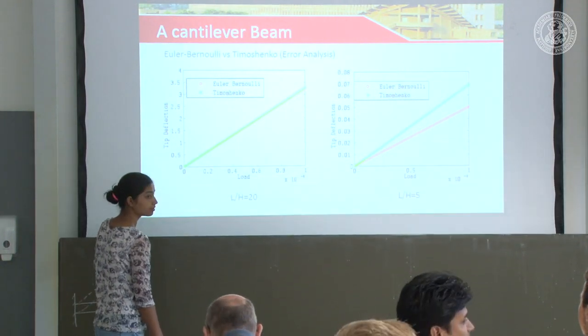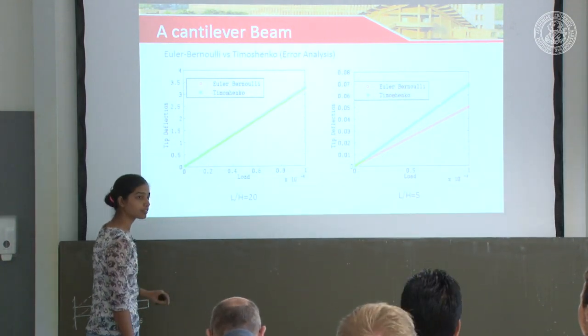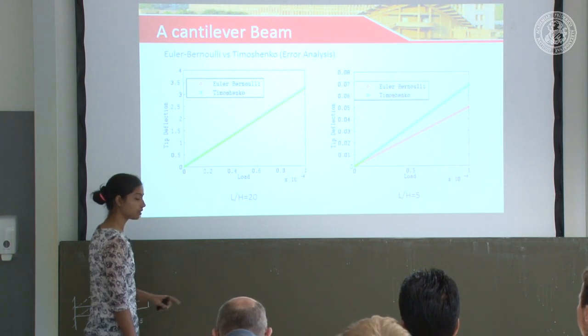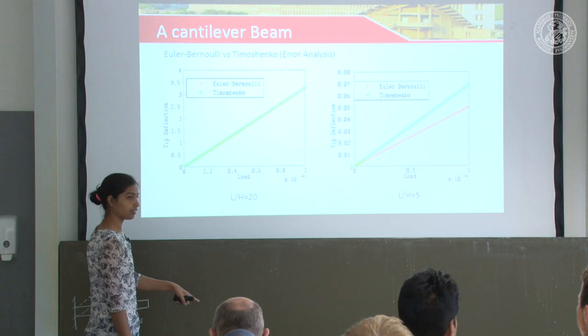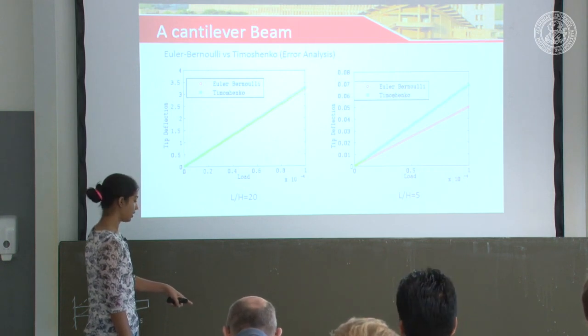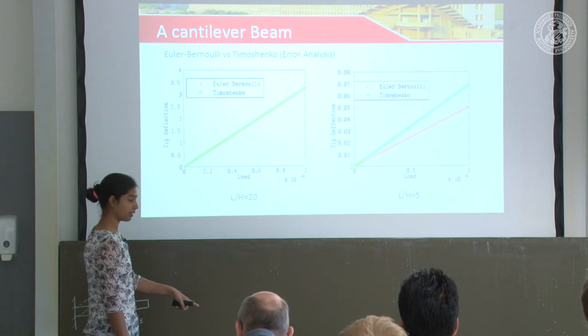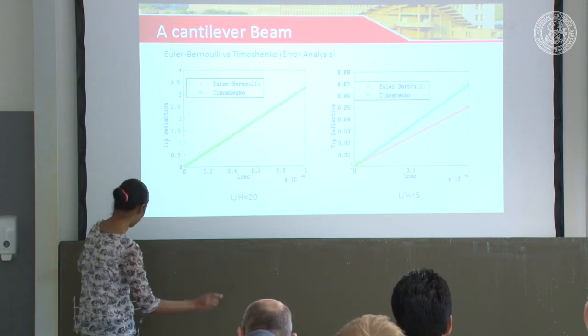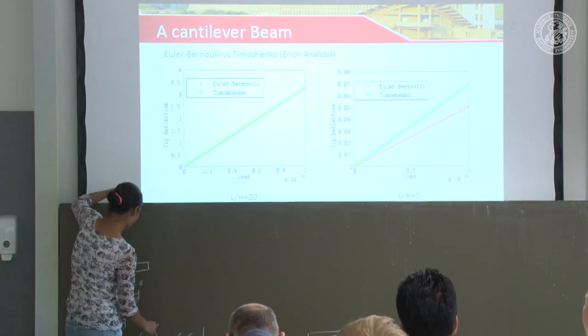A question. The choice of Euler or Timoshenko, does it depend on the cross section of the beam? Because you explained now with the rectangular cross section. Is it all the same for circular or I section, something like that? Yeah, it goes for that, because this one was for rectangular cross section, but when we derived it, it was